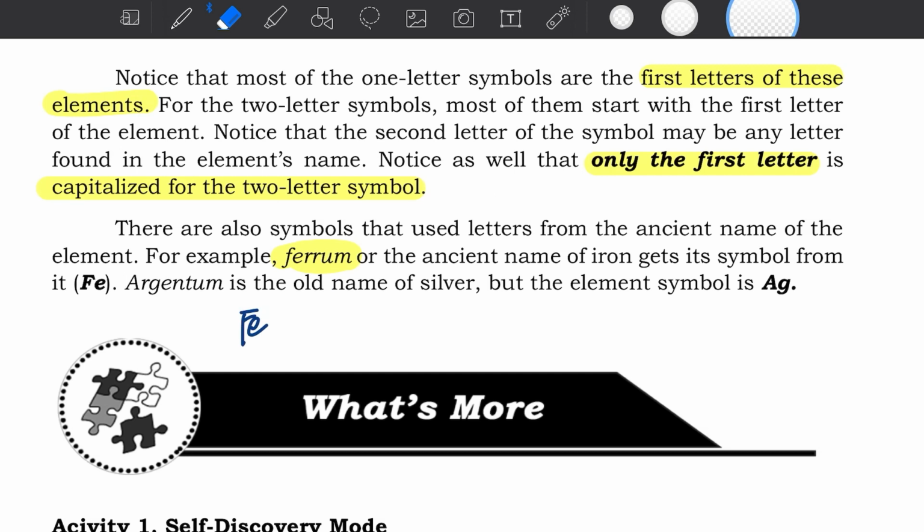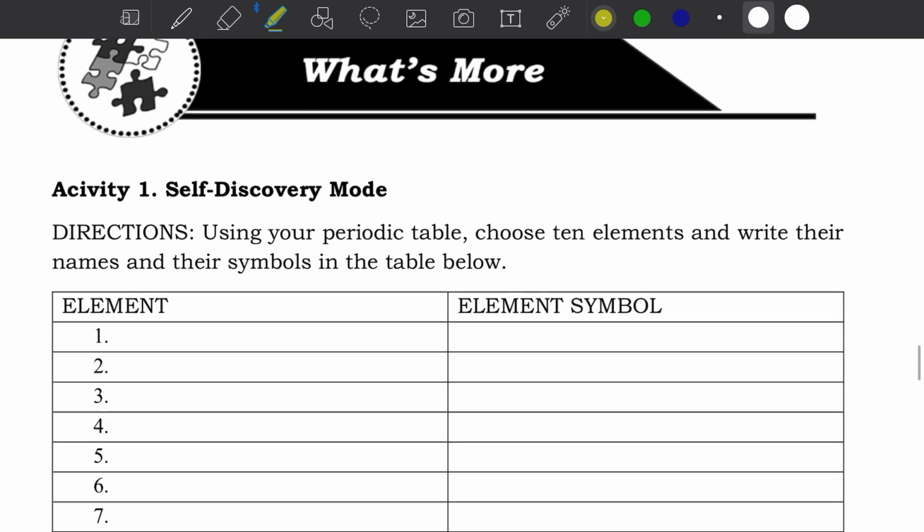Argentum is the old name of silver. So before, silver is called as argentum. But the element symbol is Ag. Okay, ang element symbol is Ag. Okay, so